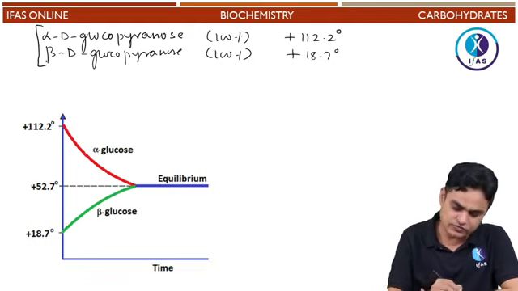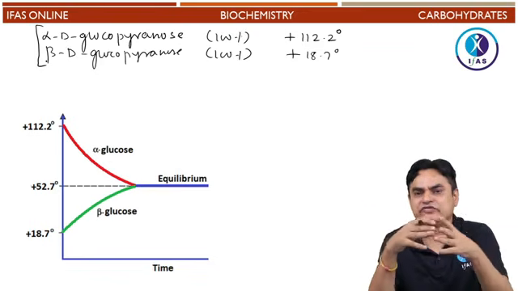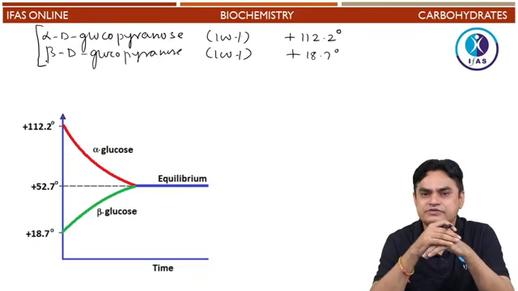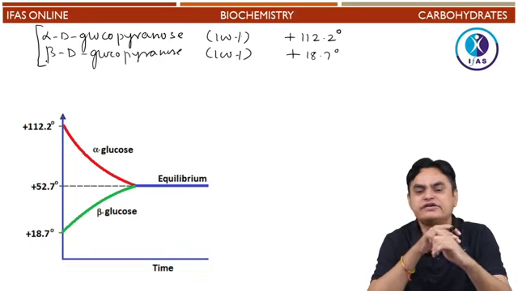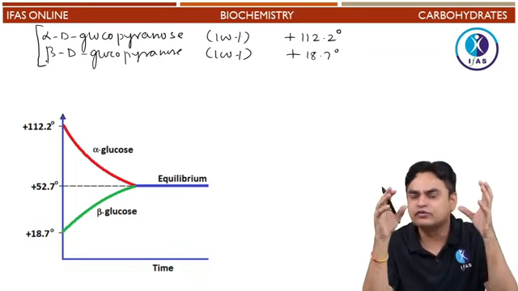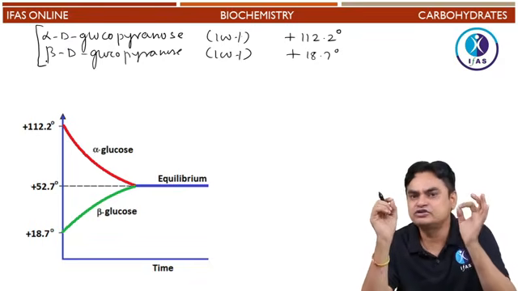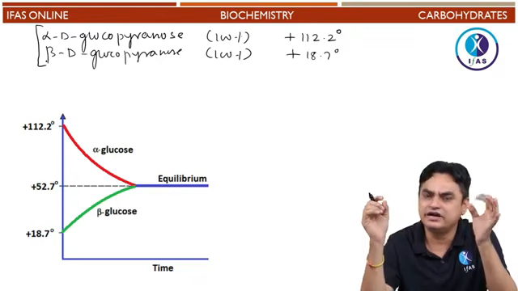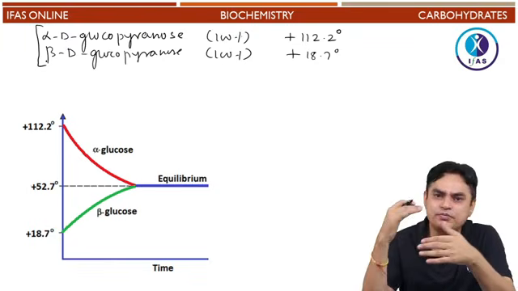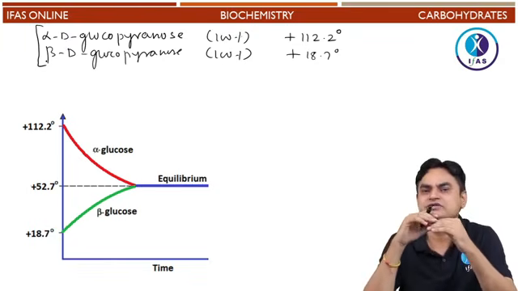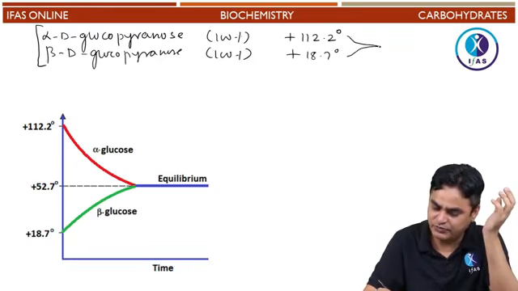So both these forms of glucose are dextrorotatory, and that's why glucose is referred to as dextrose, while fructose is referred to as levulose. Both forms are dextrorotatory, but the beta form is less dextrorotatory as compared to the alpha form. If glucose were 100% in the alpha D form, then the specific optical rotation of glucose would have been 112. And if 100% of the glucose existed in the beta D glucopyranose form, then the optical rotation of glucose would have been 18.7. But what you find is neither 112 nor 18.7.